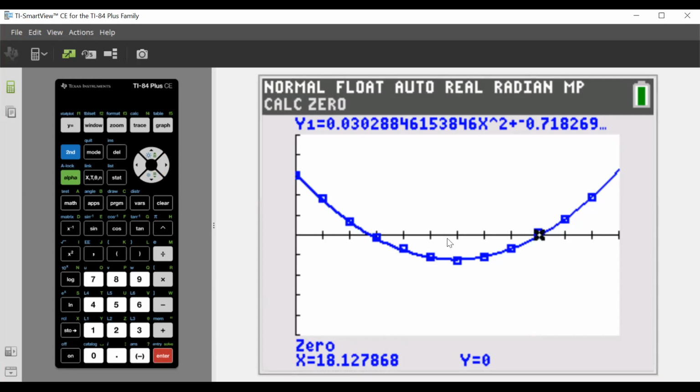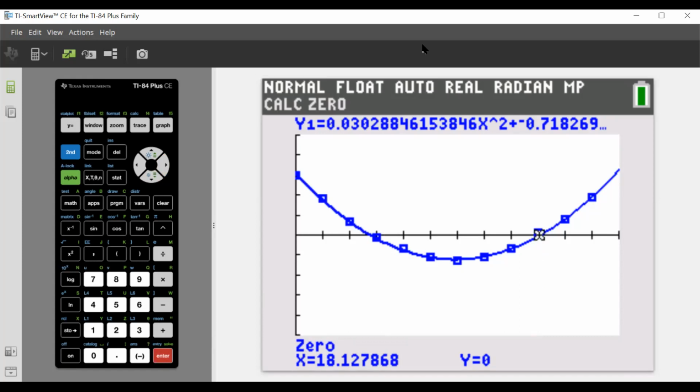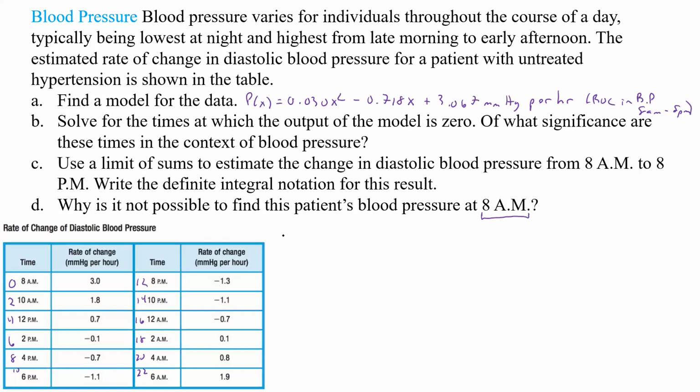So what do those times mean? So let's go write them down, and then let's think about what these times mean. So our first one, for B, we had X is equal to 5.586, and the other one we had X is equal to 18.128. All right. So what does that mean? Well, we're going to be 5.586 hours after our beginning time, which was 8 a.m. So if we do that, it's going to be 8 a.m. plus the